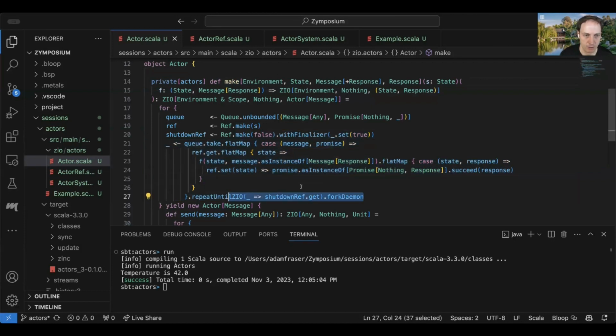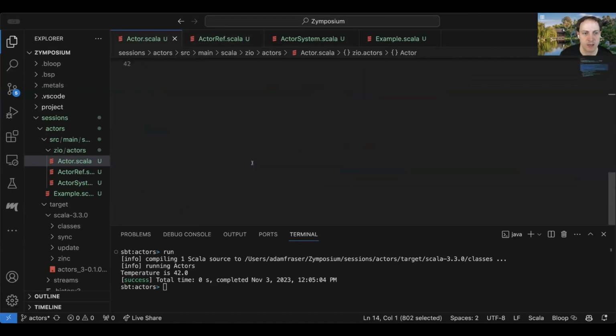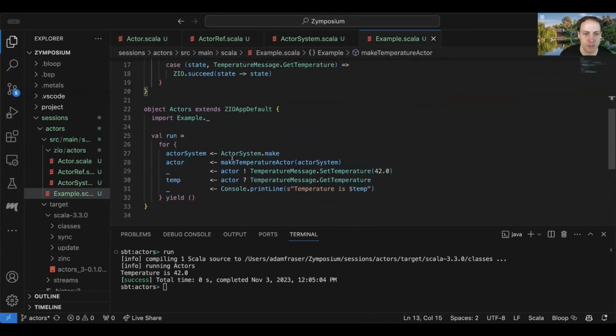Generally, I think it's good to think about how you bind your life to one thing. So if we're saying the whole point of this is that the actor's life is bound to the actor system, then even if I do something like, let's create a silly example here, if I fork this whole thing and then this finishes, the life of the temperature actor should still be bound to the life of the actor system, not to the lifetime of the fiber that created this temperature actor.